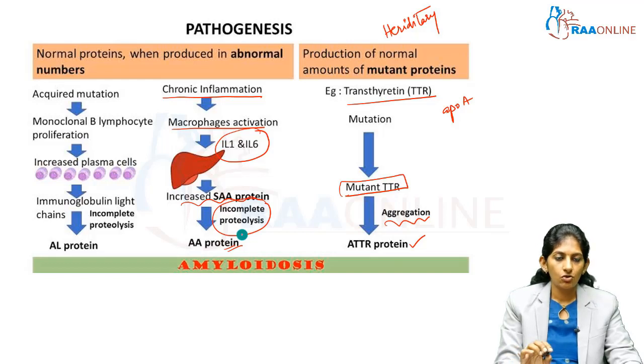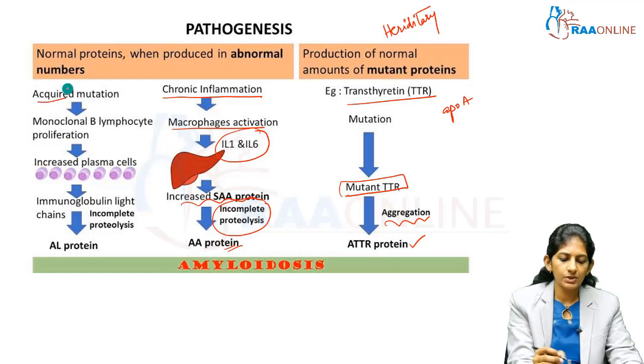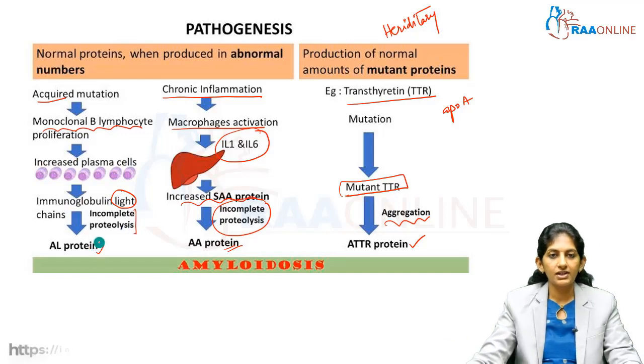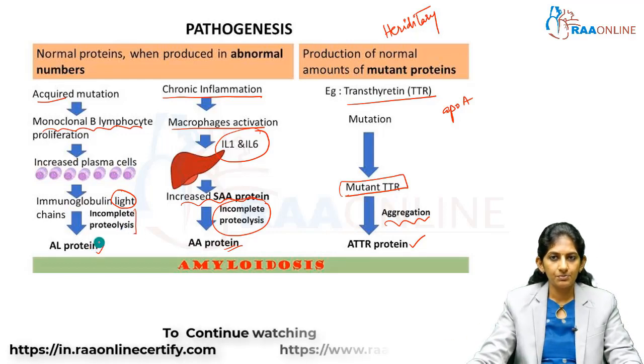Acquired mutations are also common, in which there is a monoclonal B lymphocyte proliferation. So, B lymphocytes get differentiated into plasma cells. Many immunoglobulin light chains are getting produced, and that undergoes incomplete proteolysis to form AL protein. So, this is the pathogenesis behind